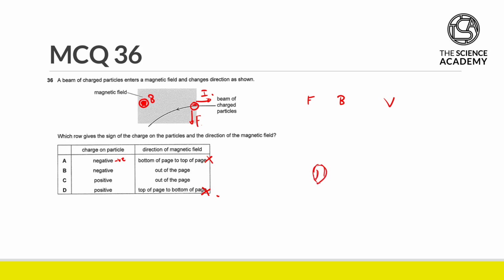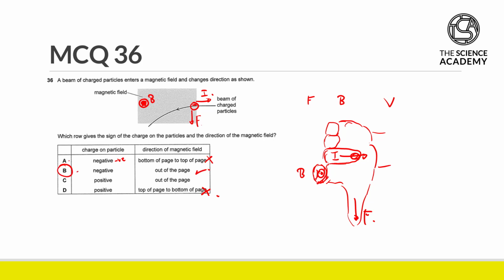We have your index finger, which is pointing directly out of the page, and we have your middle finger pointing this way. So we have your B field pointing out, current pointing right, and force pointing downwards. So it seems that B is correct. So my answer is going to be